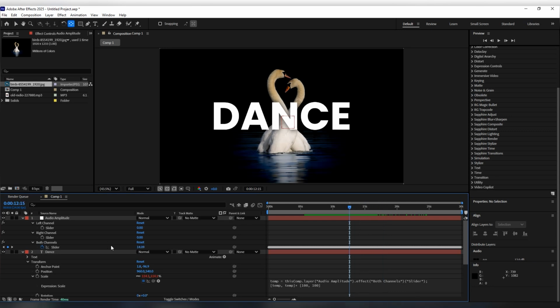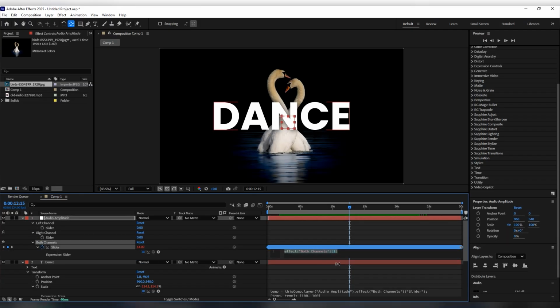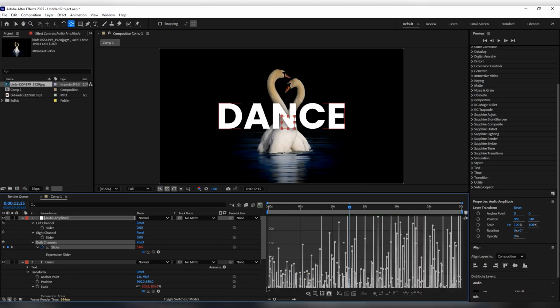So there is one more thing we can do. If you think it is fine, you can leave this tutorial here, but there is one more property we can add. Hold down Alt, or Option on the Mac, and click on this both channel slider in amplitude and put the expression: linear, left bracket, small left bracket, and small right bracket, value, comma 0, comma 50, comma 0, comma 30. And let me explain what it does. The first 0 and the 50 is the range of the value.